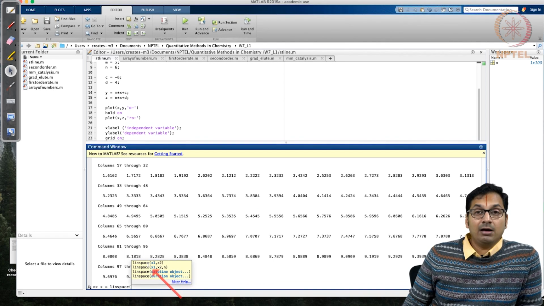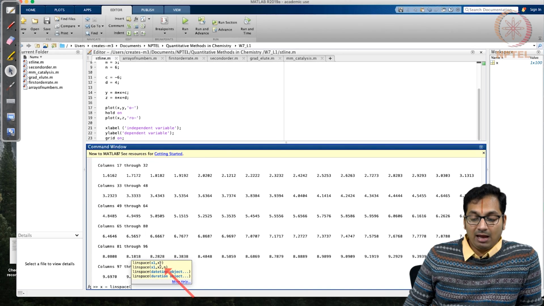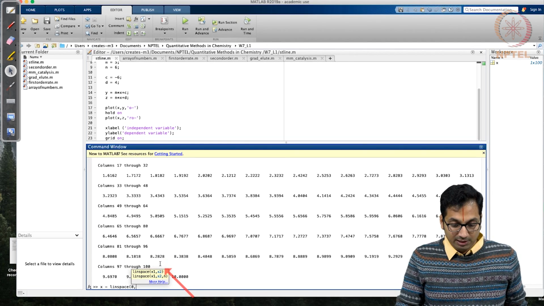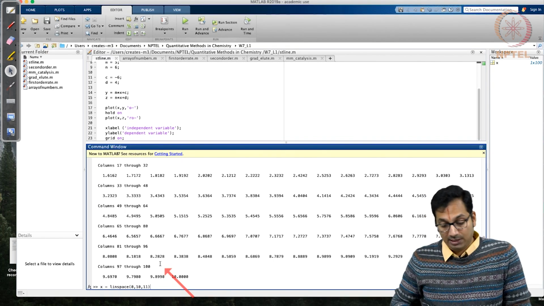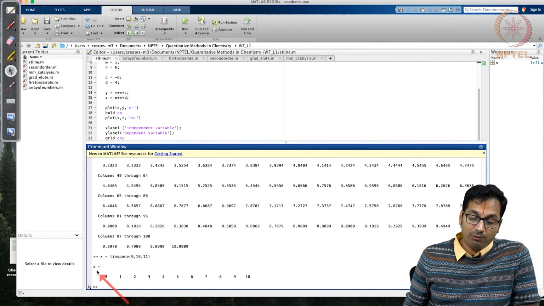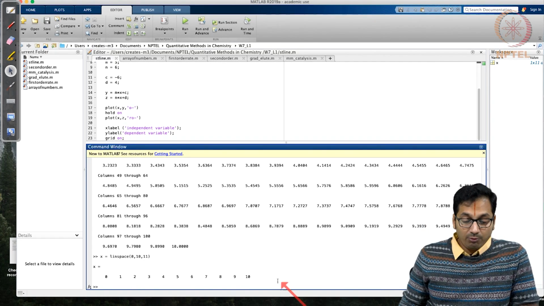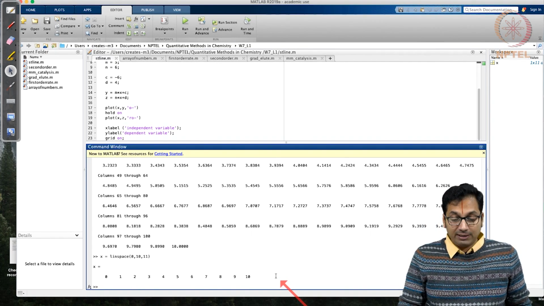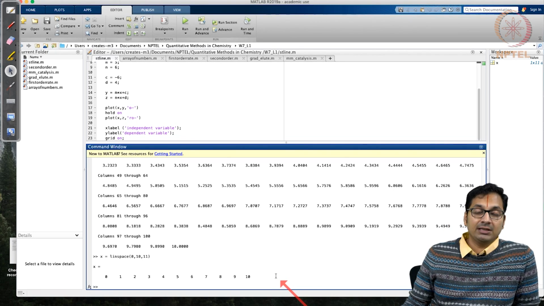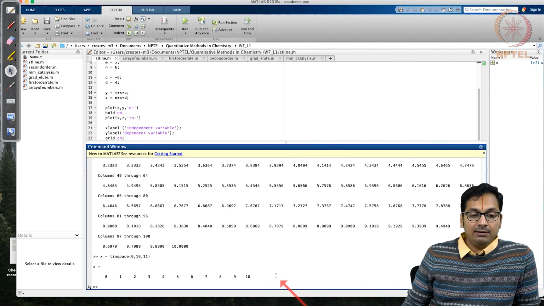You also have a way where you can define the starting value x1, the final value x2, and how many numbers you would like to have, which is n. So in this case we want 0, 10, 11. You want 11 numbers between 0 and 10, and if you hit enter, what you get is x between 0 and 10 in 1 integer units. So you have seen here that you can generate the same integer units by using different commands, and there is always an easy way of finding all this.